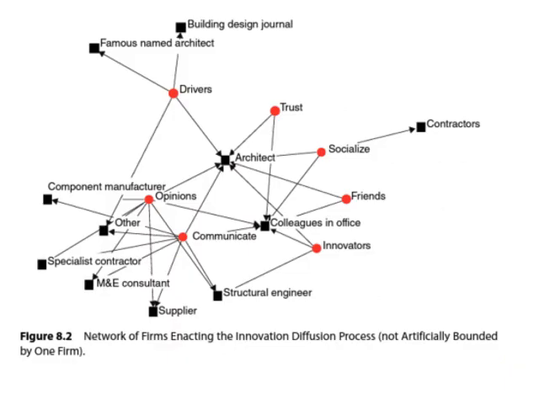And then the next one that I want to show you guys is the network of firms enacting the innovation diffusion process. So the previous one was individuals, now we're looking at firms enacting information on each other. So you've got a driver, for instance, now the solar panel thing. Now the architects here have to design greener buildings, and they have to get a green star rating. And so now the government is pushing for solar panels to be installed. So that's the driver. And then you've got your trust.